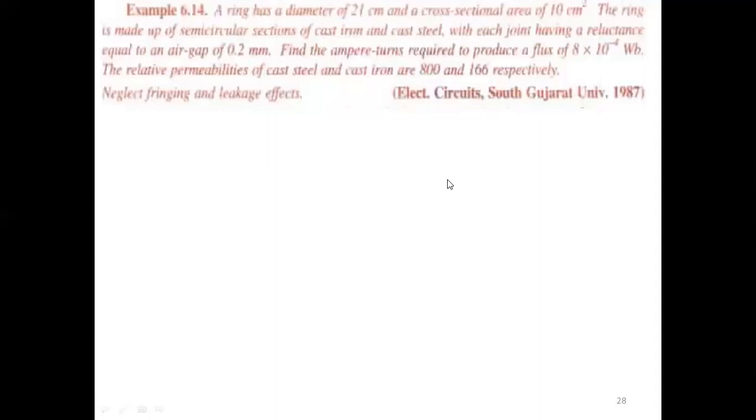with each joint having a reluctance equal to an area of 0.2 mm, 0.4 point. Find the ampere turns required